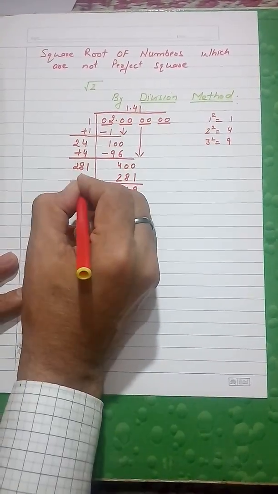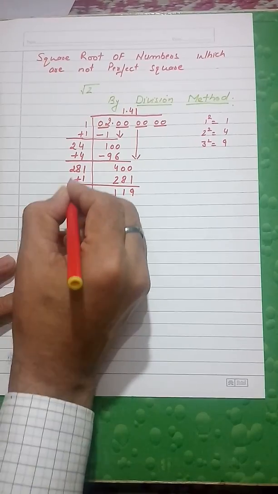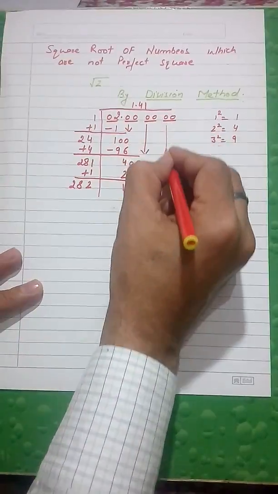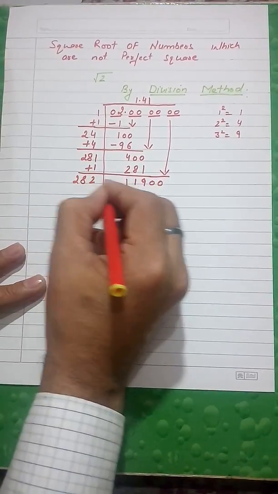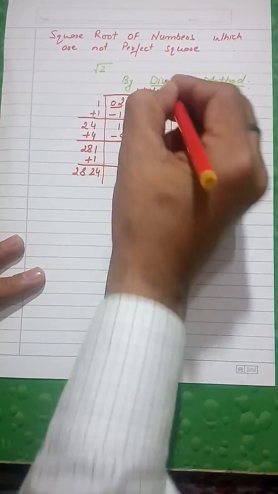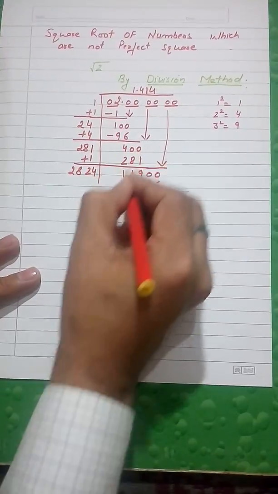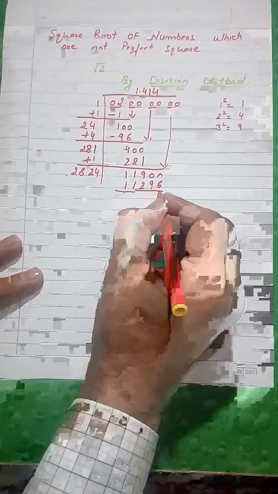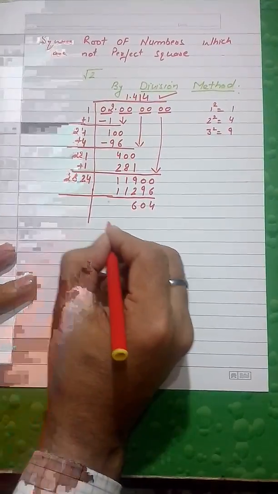Now add this 1 here. This is the process. You have to add 1 plus 1, 2, 8 and 2, 282. And then take another pair of 0, this one. So now 4, and put 4 here, you will get 6, 4 4s are 16, then 9, then 2, then 1, then 1, and that is 406.